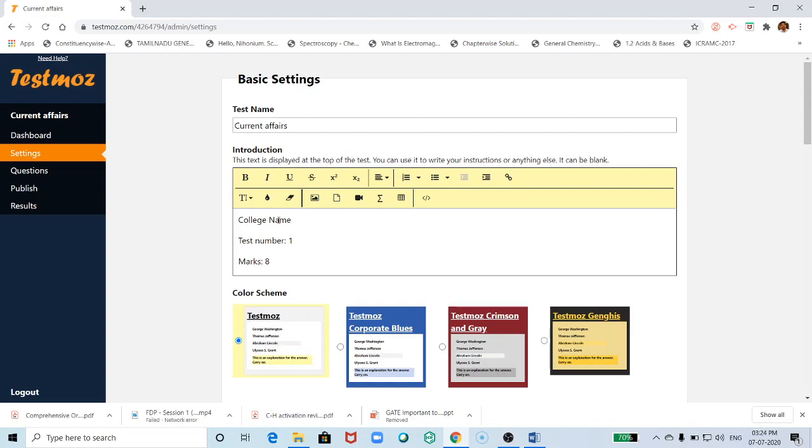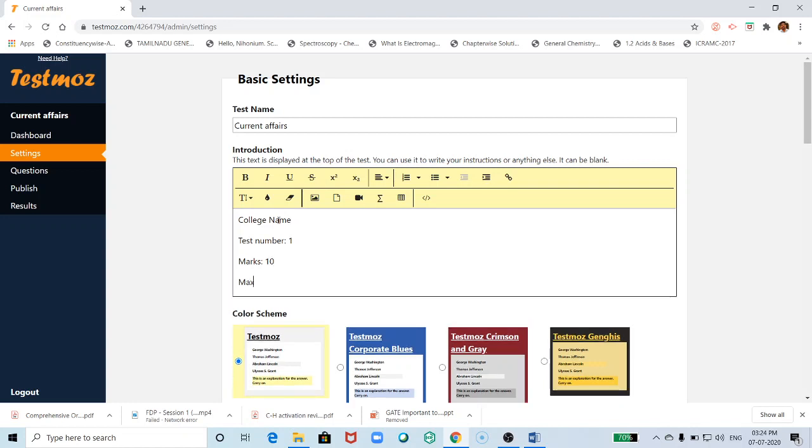You can give the marks, as I have given 10 marks. For maximum time, you can limit the test time. I'm going to give 5 minutes.